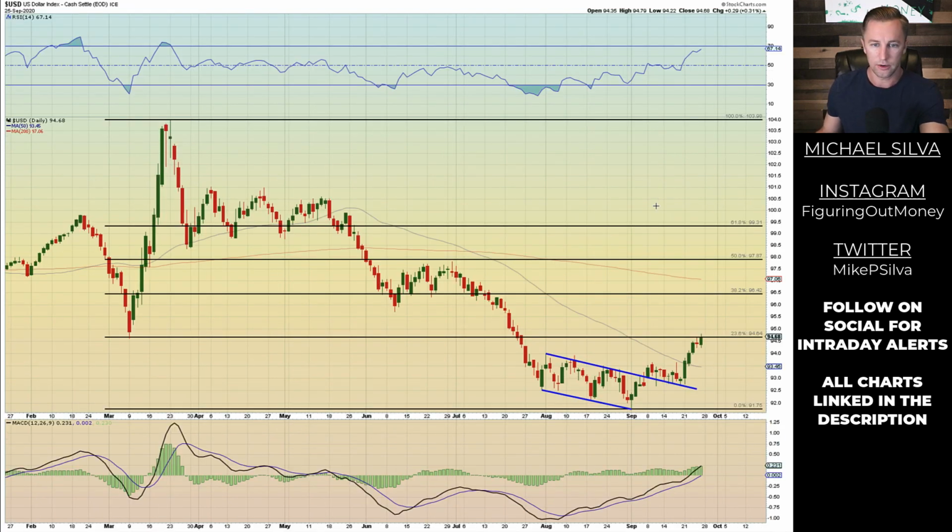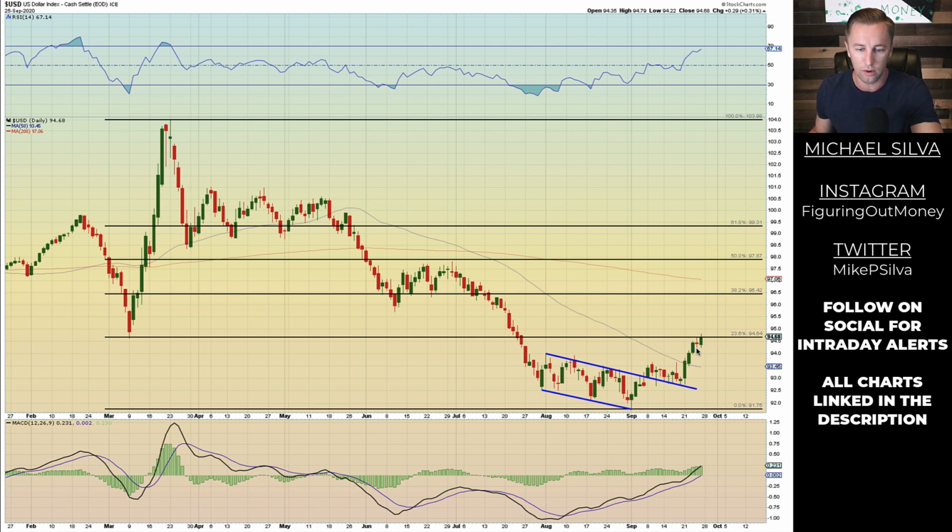The US dollar index is very important. The reason why it's so important is because you can see correlations, inverse correlations with other assets. I still think that this whole run up right here is applying pressure onto the equities market. And we had a decent day today. It was somewhat flat, but it was decent.